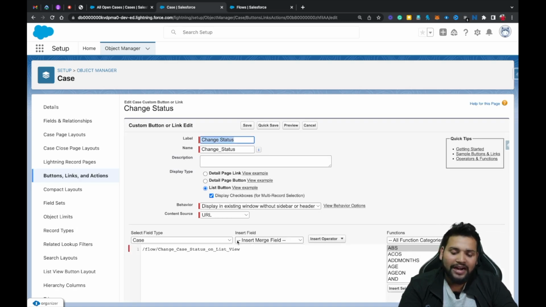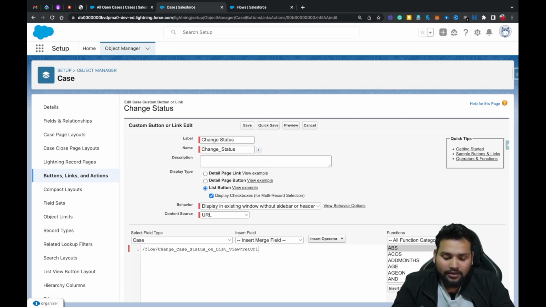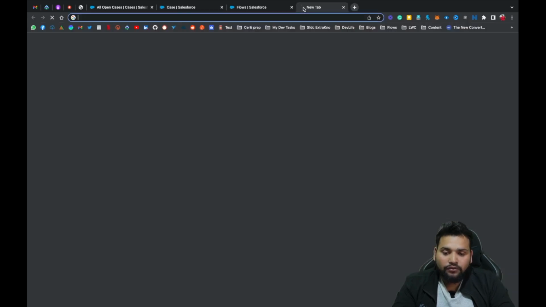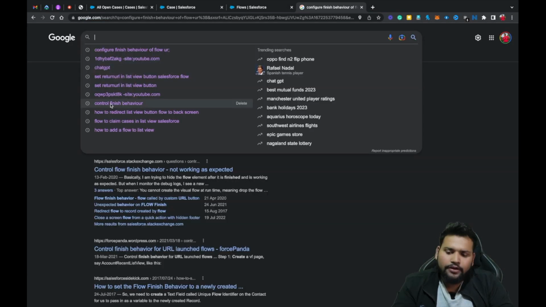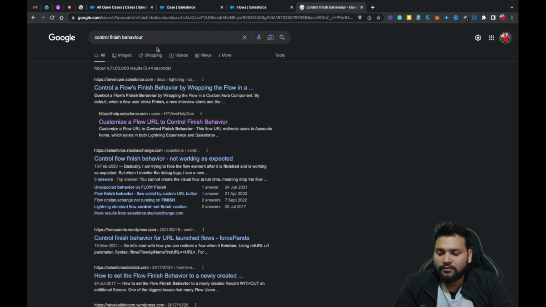Here you need to add one more thing: you need to add a question mark, type retURL, then an equals to sign, then a backslash, and you need to visit Google and type, here you can see control finish behavior.